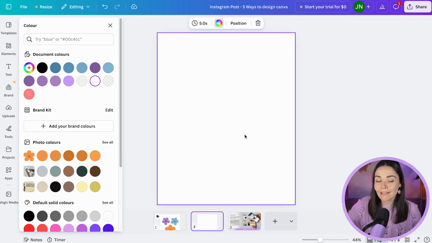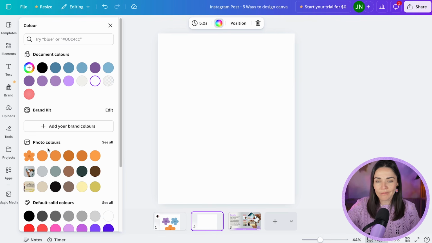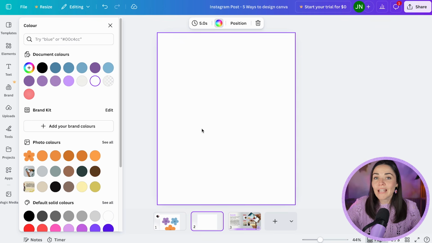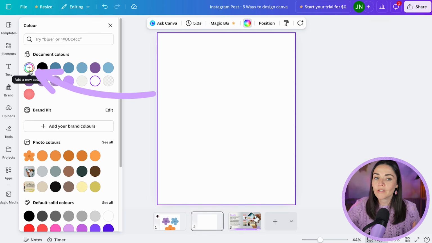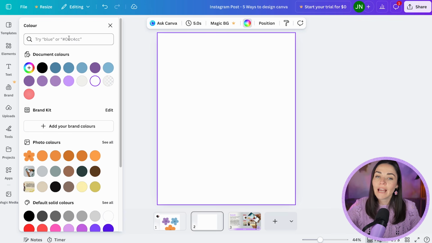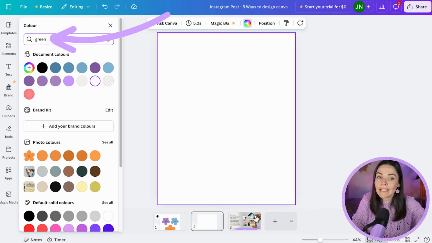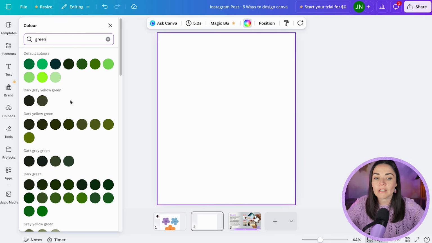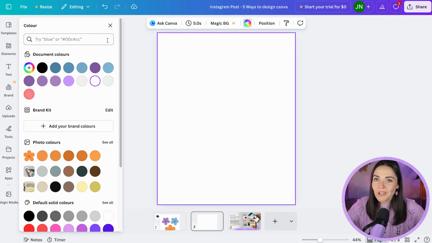Now, if you have a fully blank design, you won't see these document colors or these photo colors, and that's totally okay. So to add a color, what you want to do is click on that color wheel and then choose this add new color option. When you go into Canva, you will see these default solid colors or these default gradient colors, and you can even search things like green in this color palette area, and it will come up with a ton of different sorts of greens. But I do want you to know that you can just choose any color very easily by just pressing this plus button,